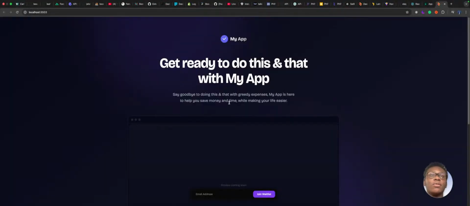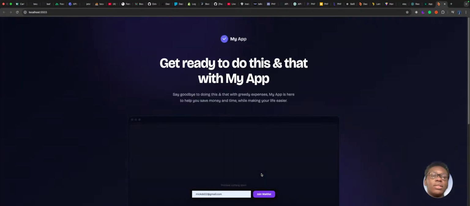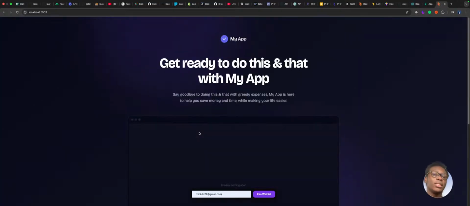Anyway, so this is what you would have for your coming soon template, or I don't know what you choose to call it. Basically, users would be able to enter their emails in here. And then, of course, you have a bunch of gibberish, same as you have on the other scaffolds. You can set a date time, all of that stuff if you want. If you don't want, it's just a template to get you started. So users can join the waitlist, and then this will create a schema file for you where you can gather all of your user waitlist stuff